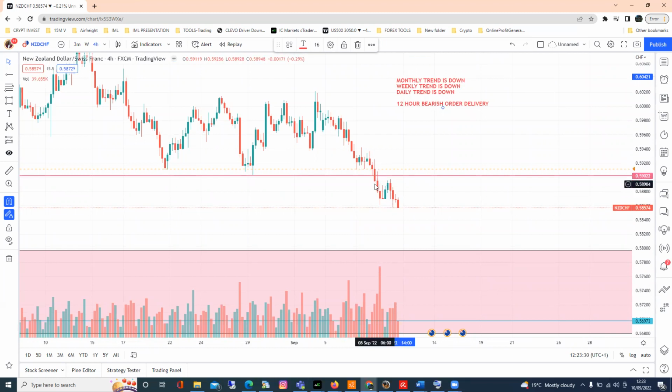But our focus is on the first break right here. Okay, and then what happened here is just a continuation of that bearish order delivery. So we have a bearish order delivery on 4-hour at the same time as well. From this high, price makes that low, we retrace back down a little bit, we make a new low over there, we retrace back up a little bit, follow the process, we make a new low over there, retrace up